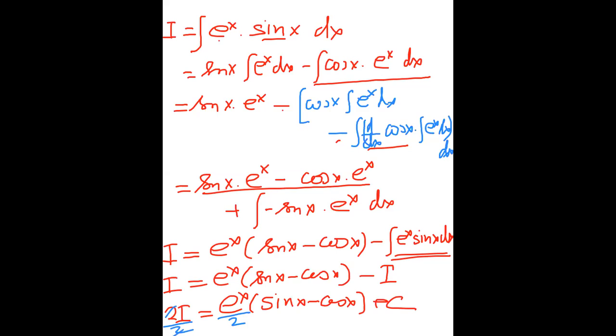So the integral of e to the power x into sin x with respect to x will be e to power x by 2 into sin x minus cos x plus c. It's a very good and important question, because in this, after doing the integration, again we need to do the integral. So at that time, a number of students get confused and they stop, and they feel that they have made some mistake. That's why again and again I need to do the integration. So please keep in mind, it happens.